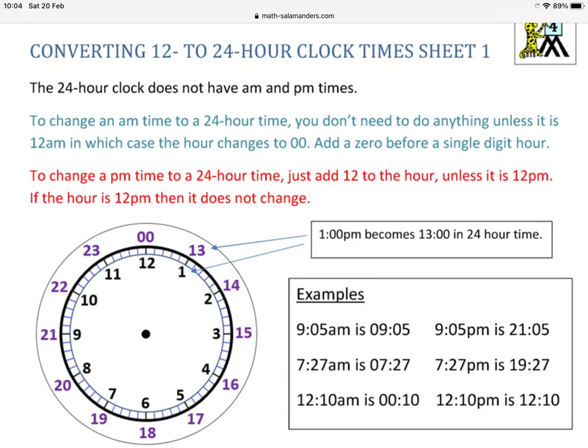So to change an AM time to a 24 clock time, you don't need to do anything unless it is 12 AM, in which case the hour changes to 00. So at that time, you should be in bed, okay? So 12 AM, to give you an indication of where it is in the day. Add a 0 before a single digit